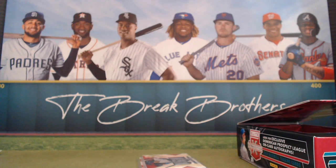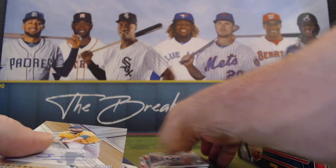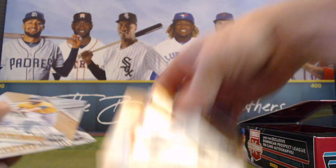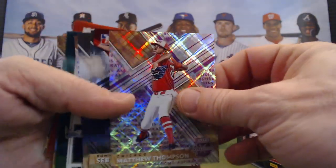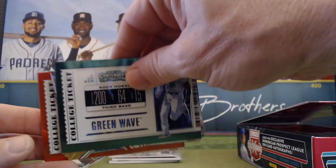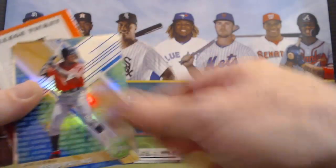We'll go through the other cards that were in it real quick. So we did get 3 relics, however. Maybe that absorbs it, the autos, I am guessing, would be the difference. Maybe they count another relic for multiple autos. I don't know. In any case, let's go through these real quick. Got the Matthew Thompson, Sebastian Castro, Cameron Meisner, Aaron Ashby, Gilberto Jimenez. Got a Cody Hoss, Hasim Nunez, Wilderd Patino,